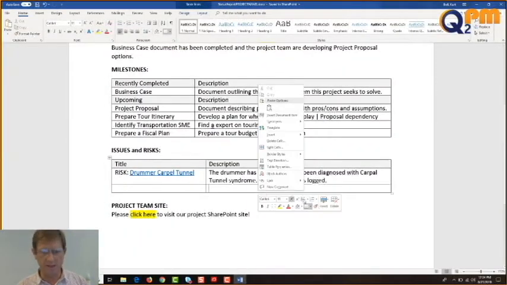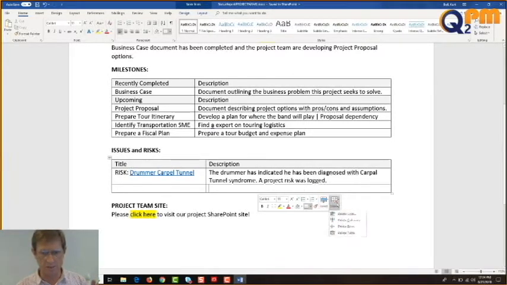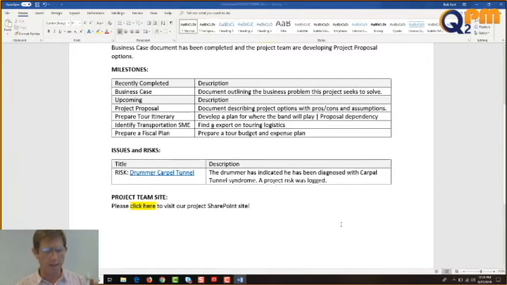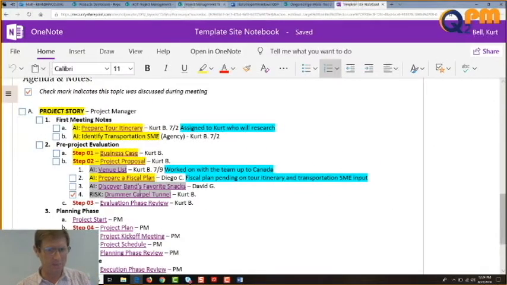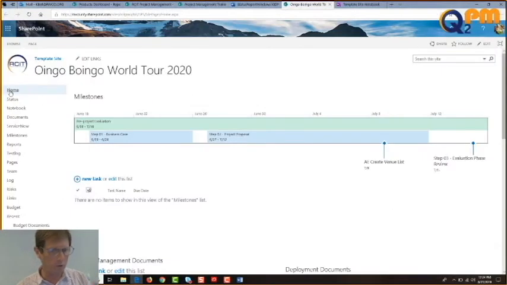I'm going to go ahead and remove any extraneous lines by the delete row. And we've got it. And down here, oh, project team site. This is the first time we've done that. The yellow means attention, please. I'm going to take the team, go to the team site, Oingo Boingo World Tour, make sure I click on